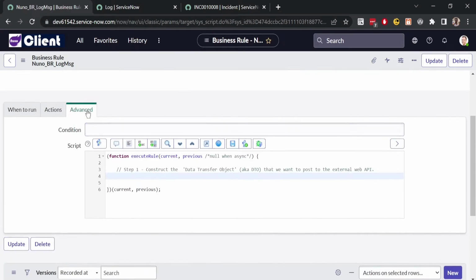In this advanced tab, there's another condition here. So these business rules, no matter what, will execute regardless if it's a user actually physically updating the incident, like a person, or if it's a system update that happens in the background, right? Where the incident gets updated, the business rule executes. But in our case, we only want to trigger this business rule when it's the user interactively updating the incident. To do that, you're going to do